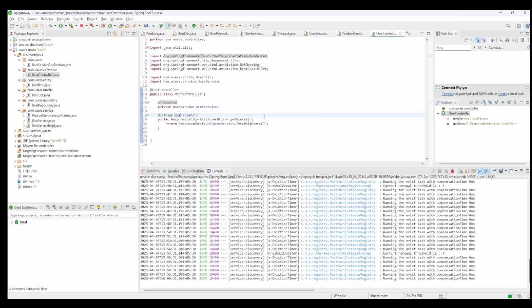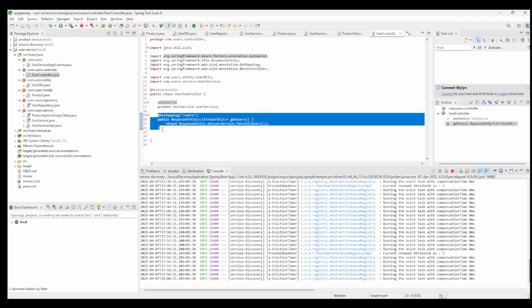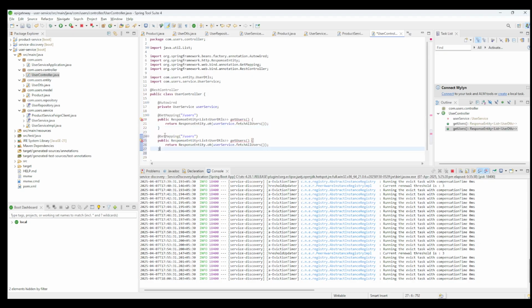Seems good. We can save it. So this is for getting all the users which are available inside the H2 database. Similar way, we can add one post method which will add the user into the database. Like here, the return type should be a particular single user details,